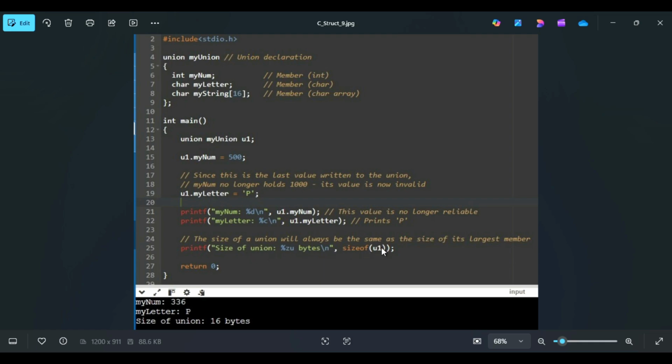Here you can see I try to print the size of the union. The size of the union is sizeof u1. This is only 16 bytes. Actually, 16 bytes, 1 character here and 4 bytes here, it would be more than 16 bytes, but this is printing 16 bytes because it allocates only the memory that is bigger